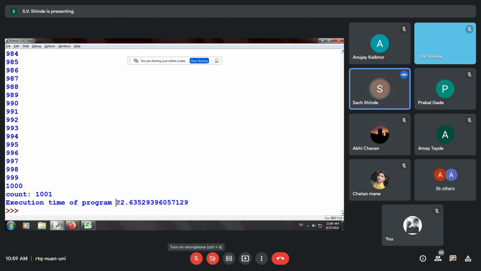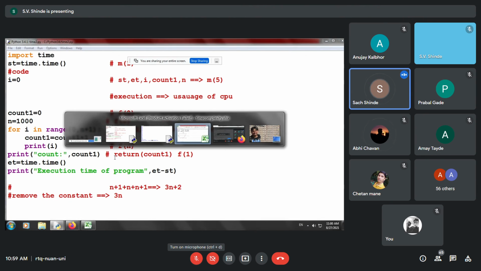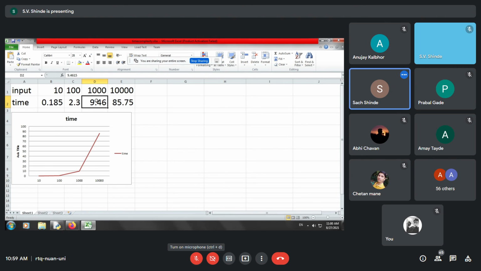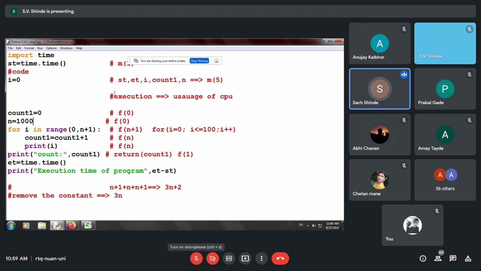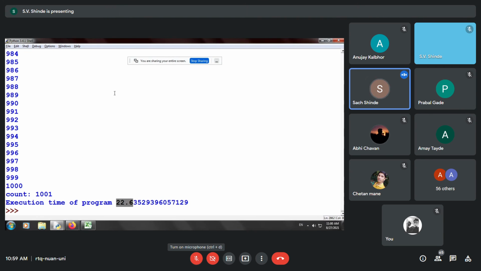You can see it is 22.6. So I put this into the Excel file over here. Now let us increase to 10,000. This is my last recording. You can record anything, but I'll show you the basic recording up till 10,000 only.